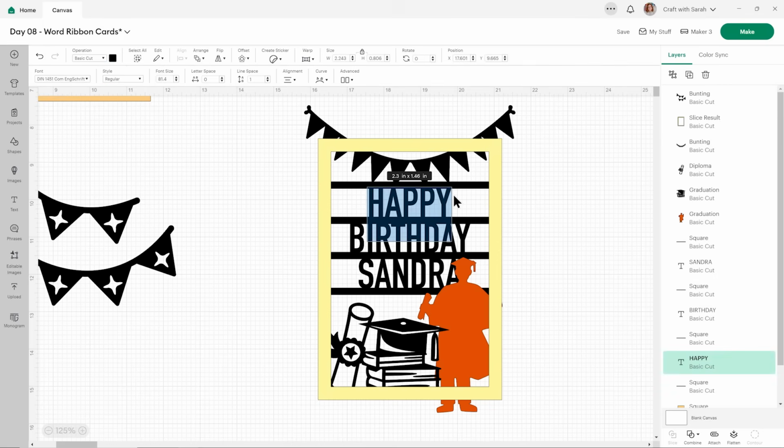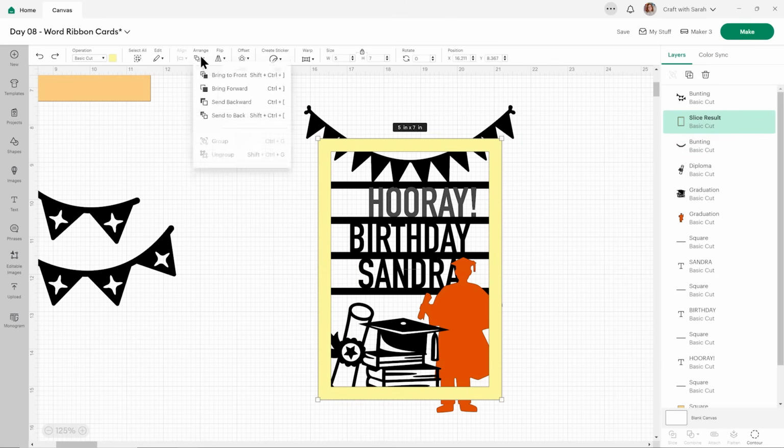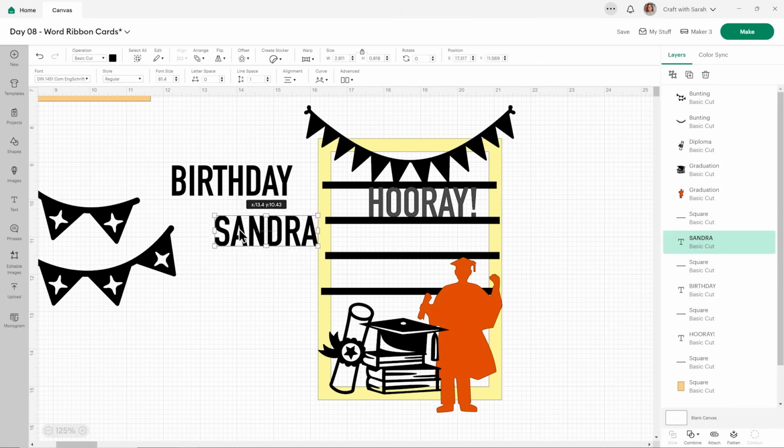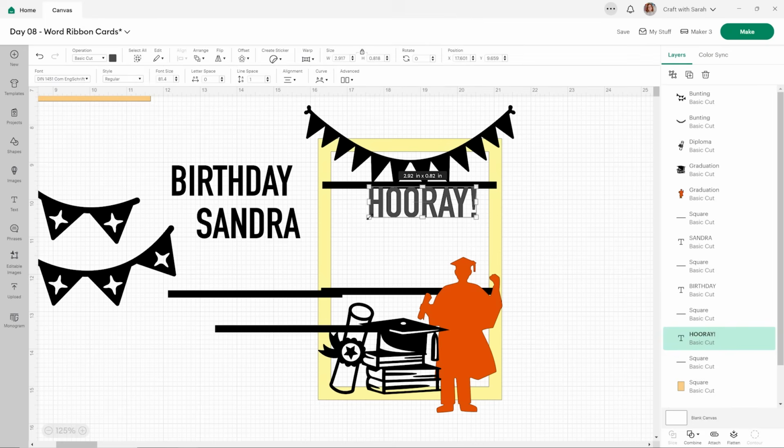Okay, so we'll go... Oop, capitals. This will be easier to change if you send your frame to the back now. It just makes it easier to select things. So I'm going to go, hooray.